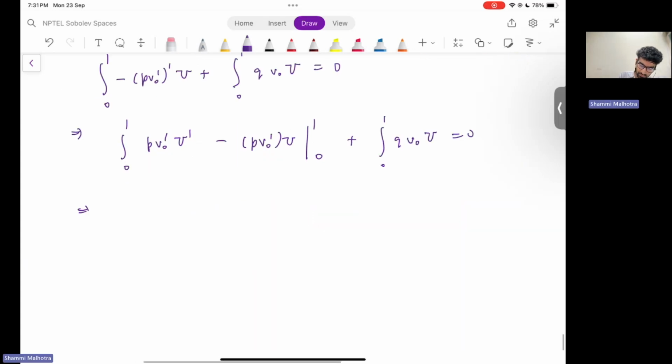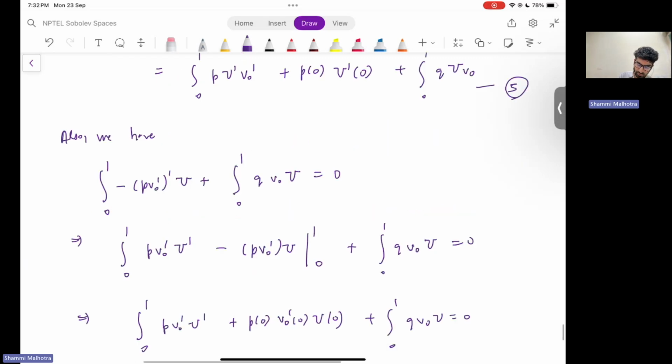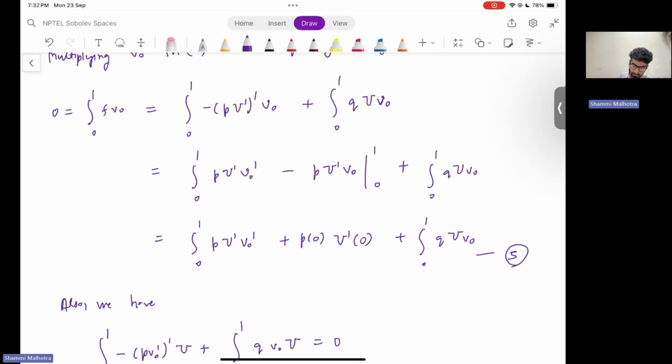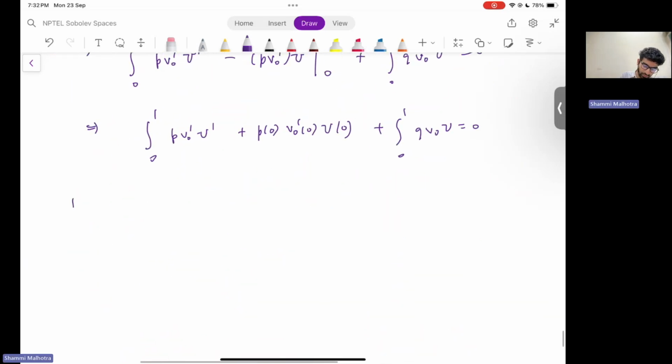So this implies the integral from 0 to 1 of p v naught' u', p at 0 v naught' at 0 u at 0, plus the integral from 0 to 1 of q v naught u equals 0, and we can use this and put all of this in (1), sorry, (5), we have